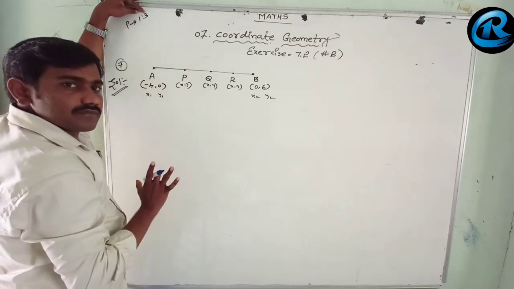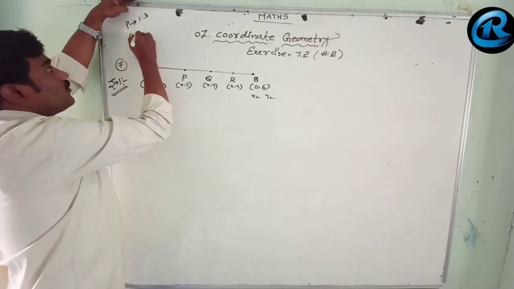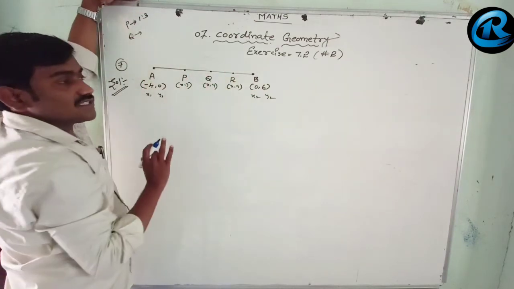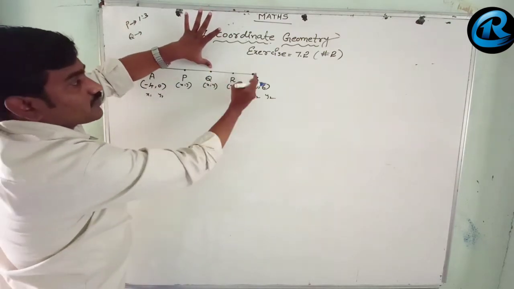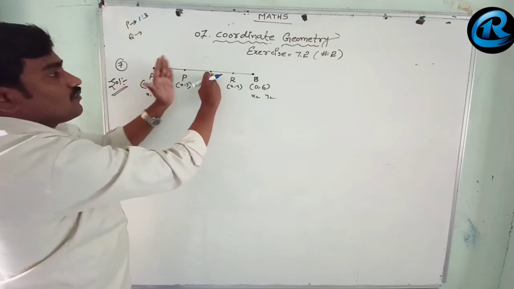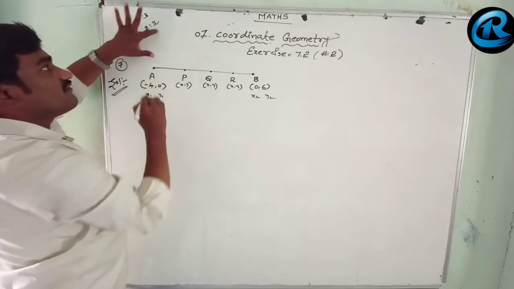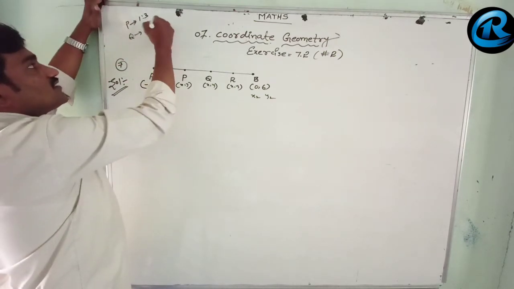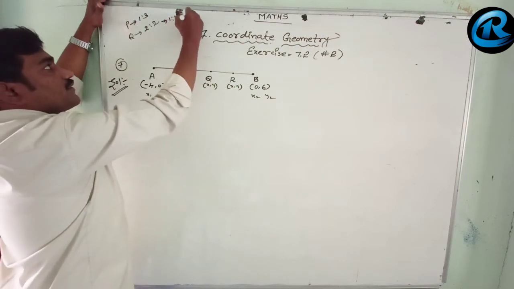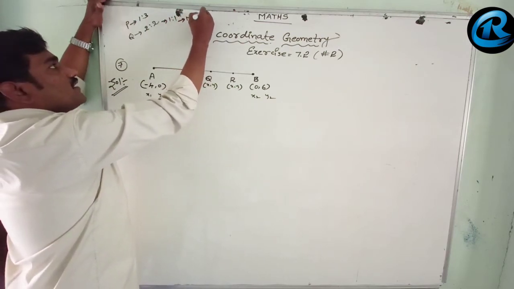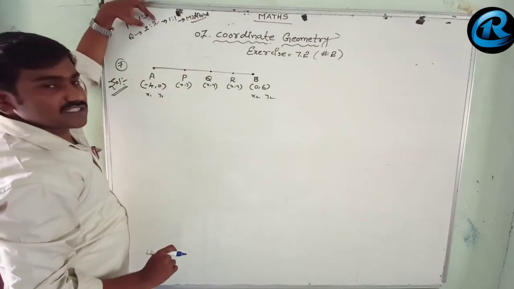Same method. Now let us see Q, at what ratio this Q will divide this AB line segment. Here Q is here. Check Q left side and Q right side. How many parts are there? Q left side 2 parts. Q right side again 2 parts. 2 is to 2. Here m1 equal to m2. It will divide in 1 is to 1 ratio. That means Q is a midpoint.